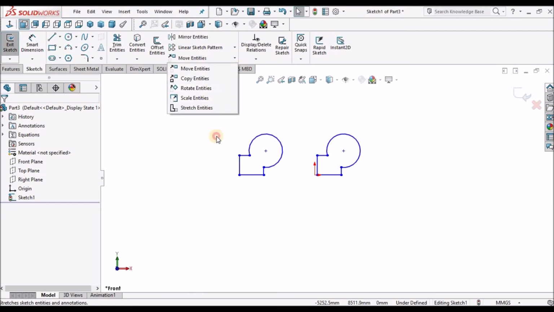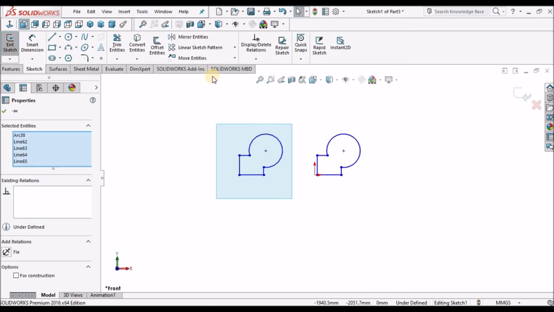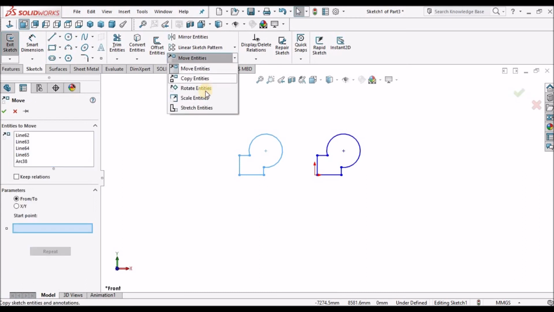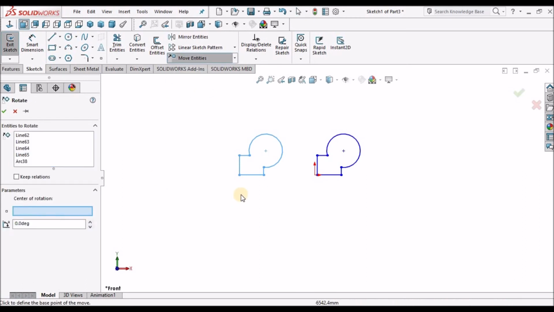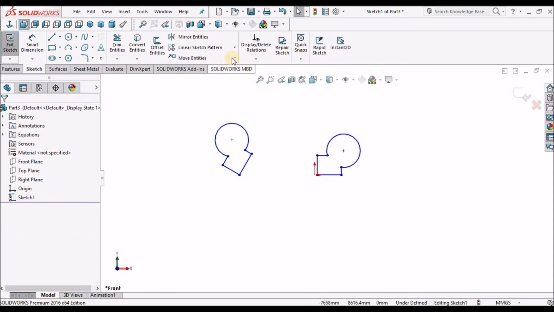Next is rotate. Suppose I want to rotate and place it somewhere else, so I go to the rotate option and click any point as the center of rotation, and suppose I want to rotate 60 degrees, I can rotate it. Next is scale entities.